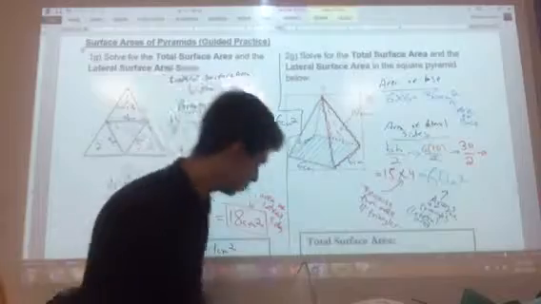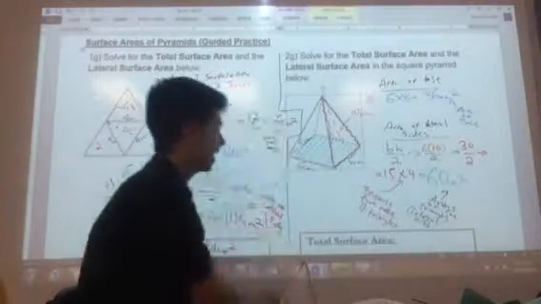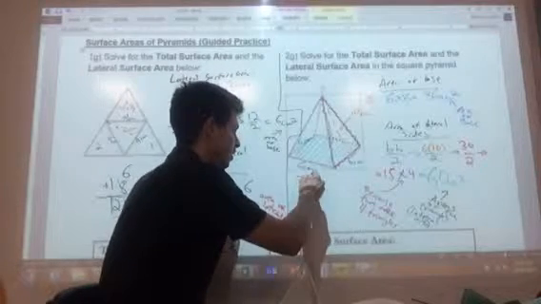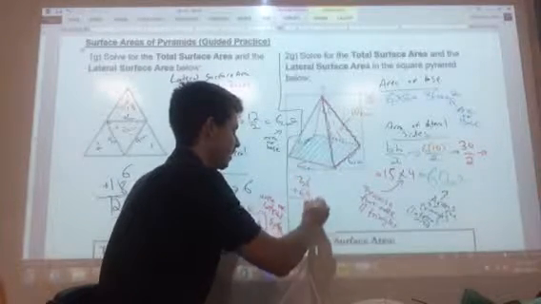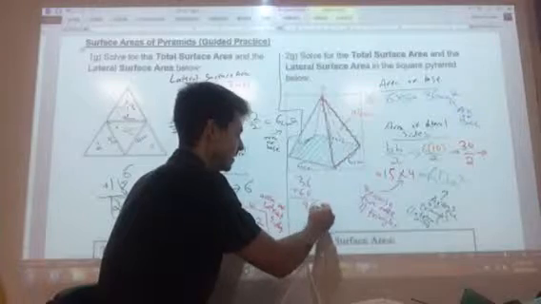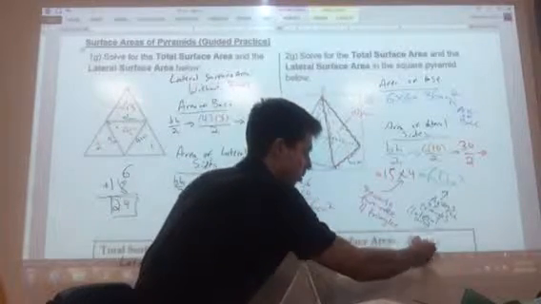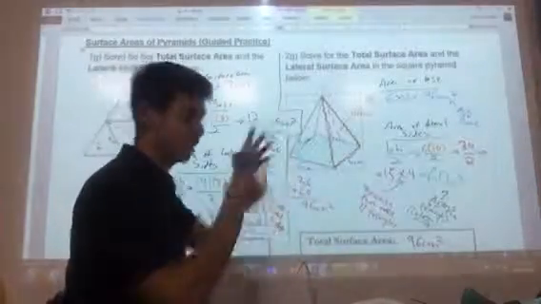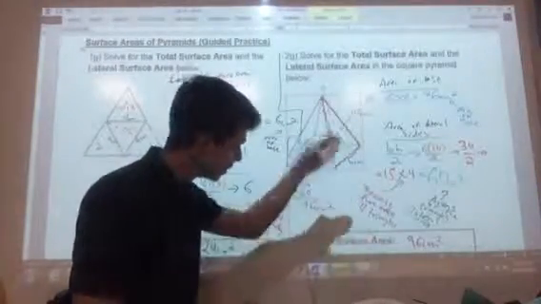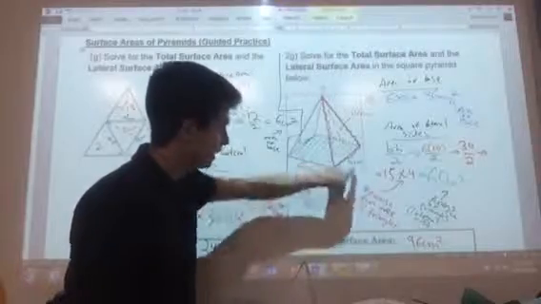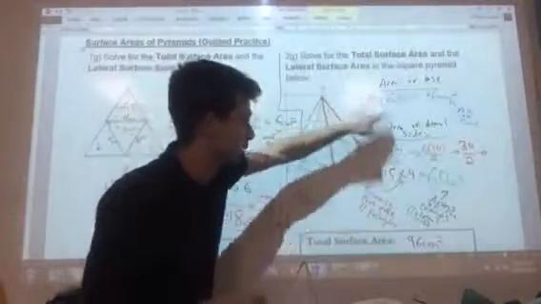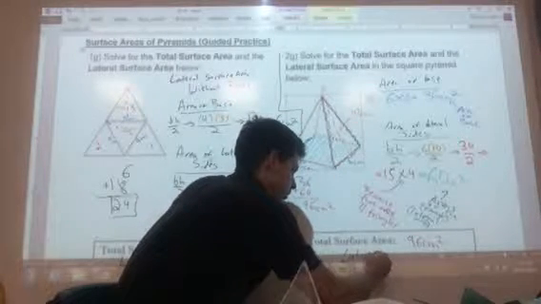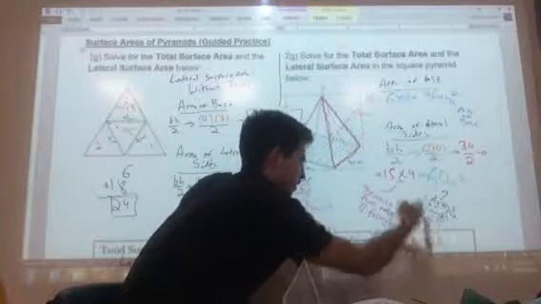Okay, so the total surface area, well, we're not quite done. We just need to add all the 4 triangles and the base. So we're going to go ahead and do 36 plus 60, which is equal to 96 centimeters squared. So the total surface area is 96 centimeters squared. And the lateral surface area, not including the bases, is going to be subtracting these 6 times 6. So it's not including this, it's just this, which is going to be lateral surface area is going to be